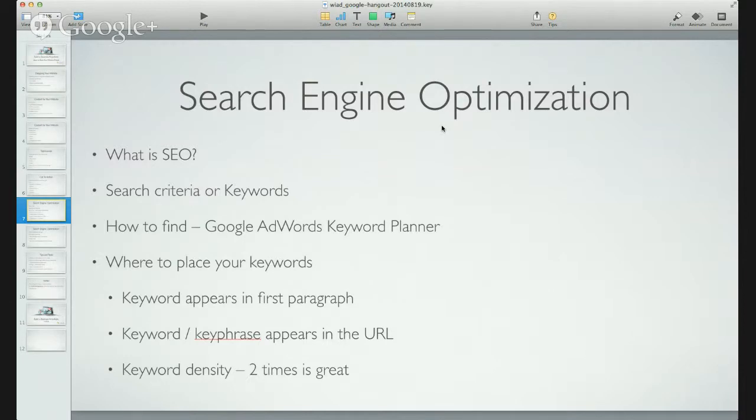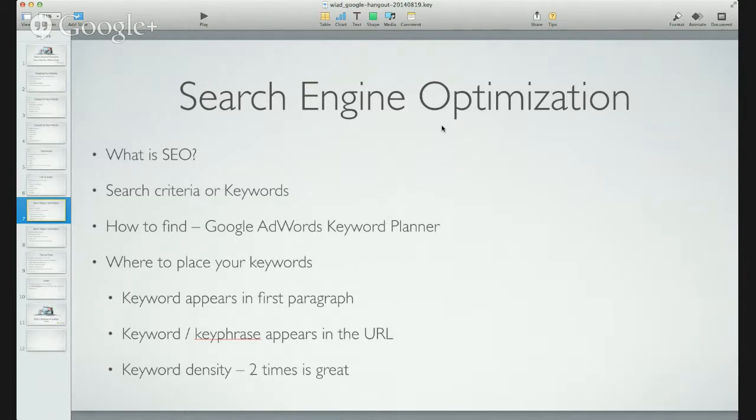And then the second point that we have here, which is probably supposed to be the first, is your keyword or your key phrase should appear in your URL. Now the URL is just the page name. And that is very important as well.